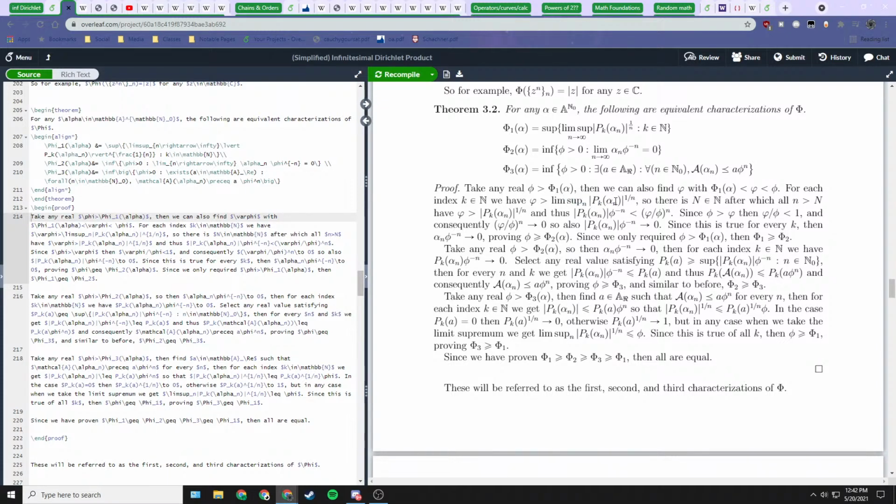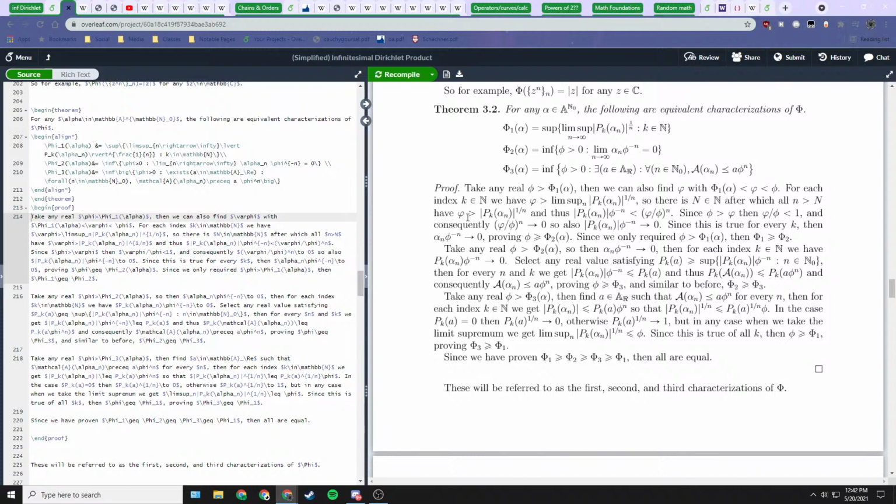But because it's a limit supremum, that means that there is some lower bound, capital N, after which all these little n's greater than capital N are going to have this strict inequality. So var phi is going to be strictly greater than this root. That's because we're taking the limit supremum of these roots. So if this limit supremum is less than var phi, then eventually they're always going to be less than var phi. But if we have this, we can just rearrange it.